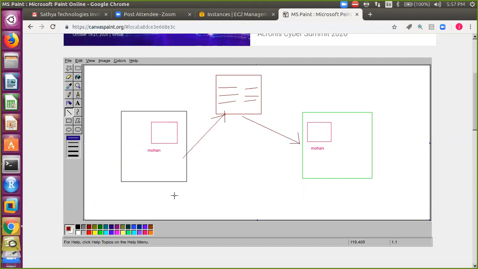Let's say this server is server 1 and this server is server 2. If server 1 wants to communicate to server 2, server 1 should have the IP address, otherwise it cannot communicate. So first the request goes to the DNS server, which has the IP addresses and host names.